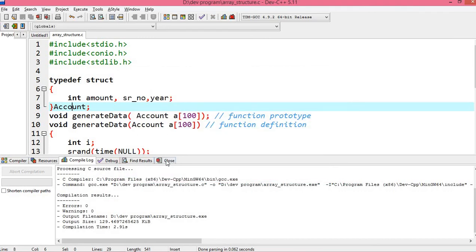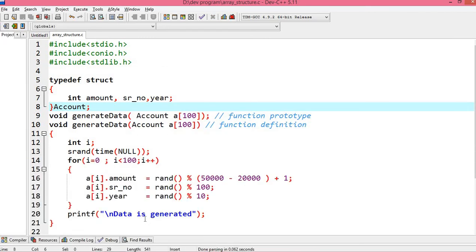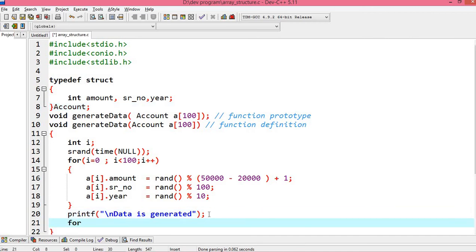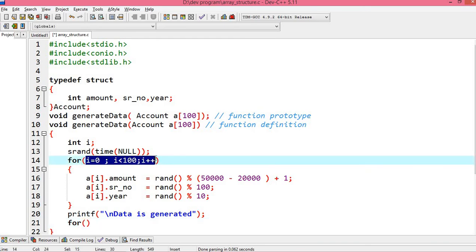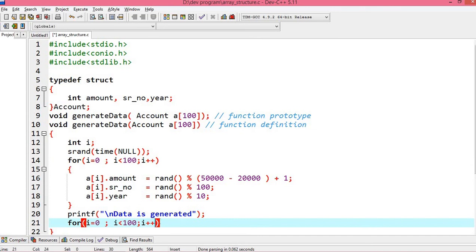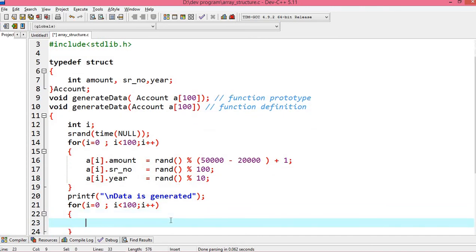Now data is generated, but how can I access it? To print out all the data, I will use another for loop, which is the same as this one, but now I'm going to print it out. First of all, printf. The first one is serial number.